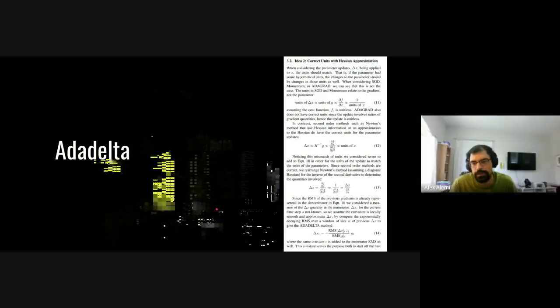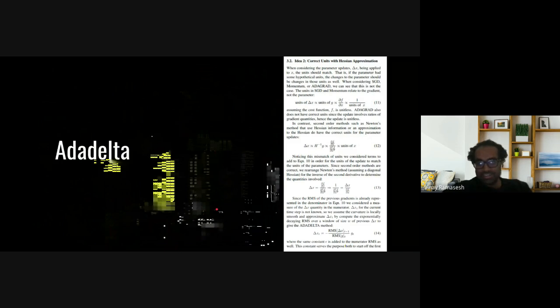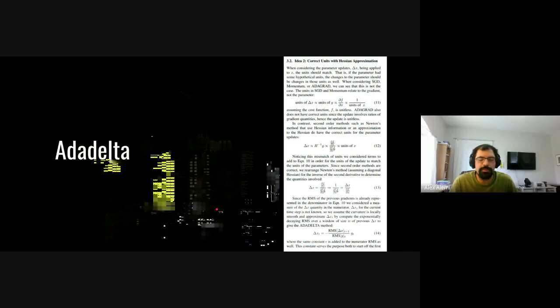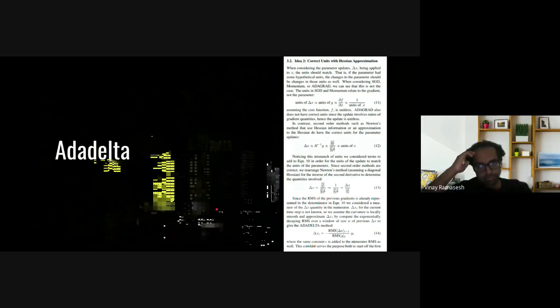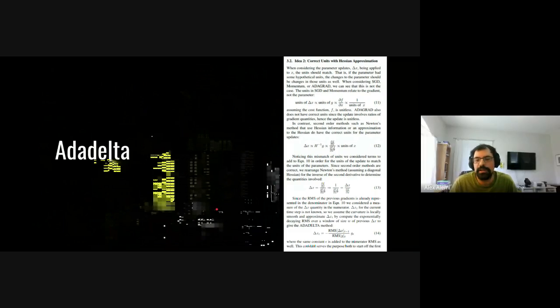Yeah, so, something like that. Part of the problem is that our own field makes the mistake of lots of other fields, in which we write down all our formulas and treat all the things as being dimensionless. One place where I have seen somebody talk about it is in the AdaDelta paper. In the AdaDelta paper, there's this section 3.2 where he talks about how silly SGD is in the sense that